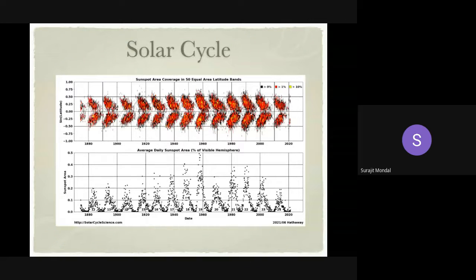So it makes a sort of diagram as if the sunspots are slowly moving from the northern and southern latitudes towards the equator. This diagram is known as the butterfly diagram, and it shows how the location of sunspots changes from year